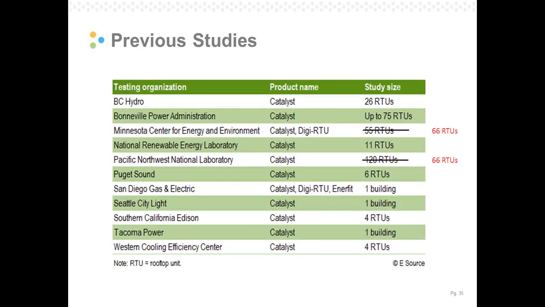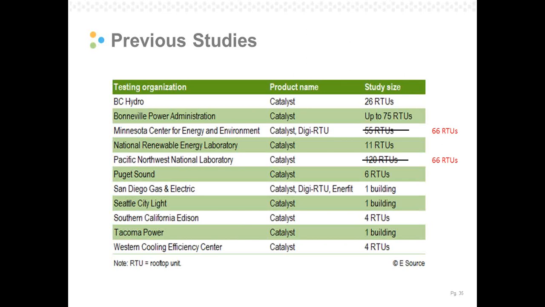The reality is that our study increased our number of RTUs. We were up to 66, and the documented number of RTUs from the PNNL study was 66. So that constitutes basically the 2 biggest studies that we know of right now, looking at RTUs and the optimization